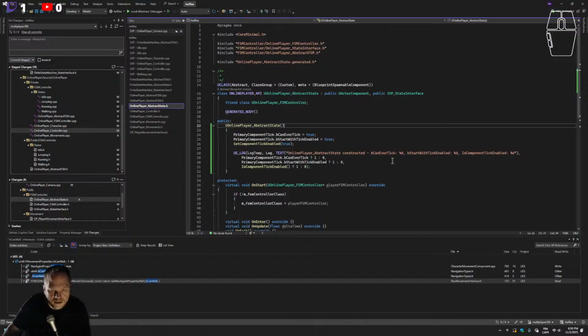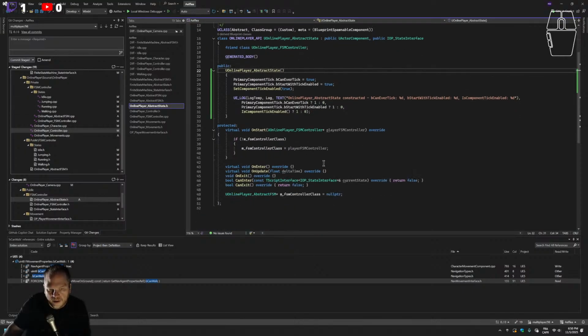Abstract state is the parent of all states. The little idle here, jumping, running. The parent is this one, and it's set on all of them as we see in the loop. In the first loop, it's set this on start. It brings the FSM controller, which is the online